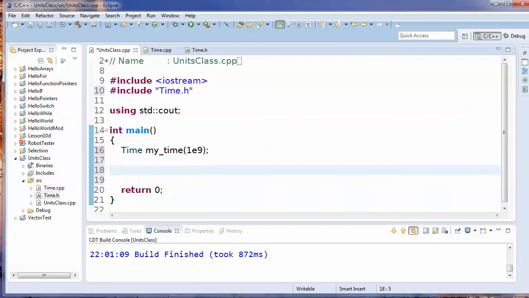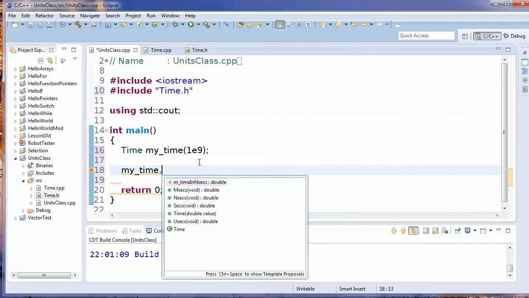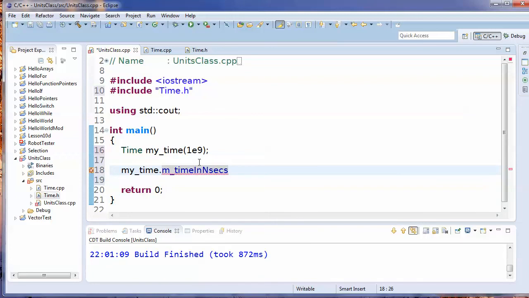Okay, so there we have an instance of my time, and then any public functions or data, which is generally a bad idea to make public data, but you put a dot, and then you can, okay, you can see it show up here, but it won't let you use that. That's what that red square kind of indicates, is that it's private. You know, we put it here, but this wouldn't compile. It's going to tell us, you can actually see the code and error over here, saying it's not visible, because it's private, so you can only get to the visible things. So if we want to get to this in nanoseconds, that's gonna print out. Let's just see out these, I guess. So this is gonna print out the billion,